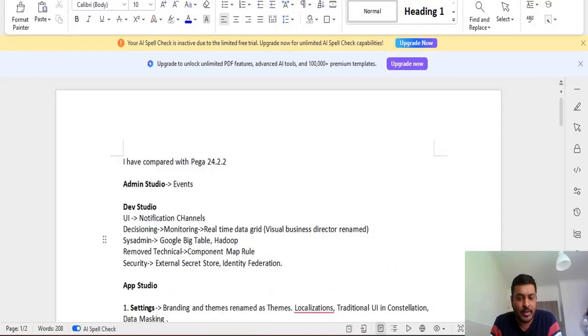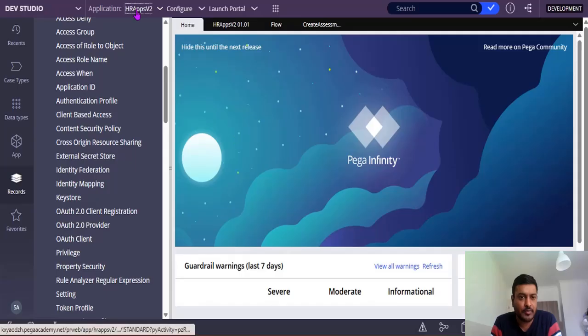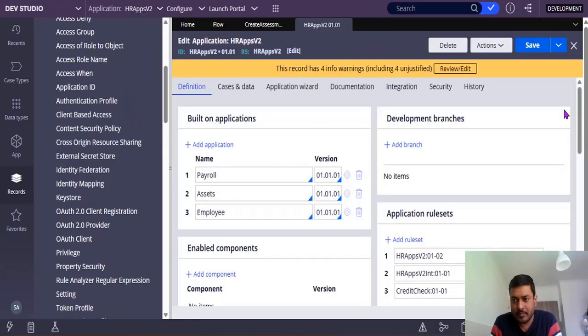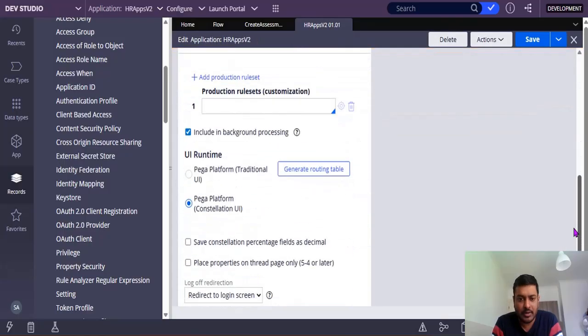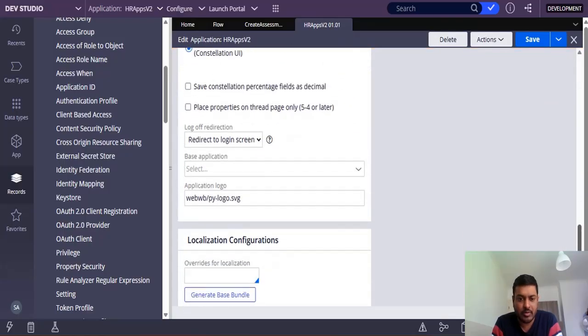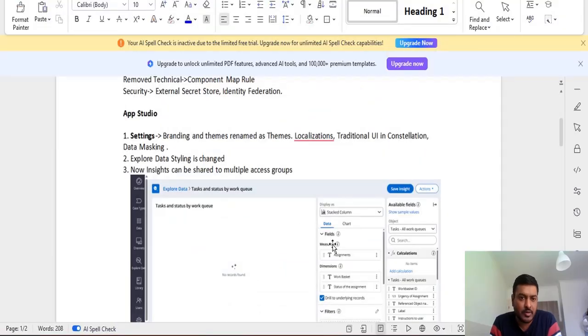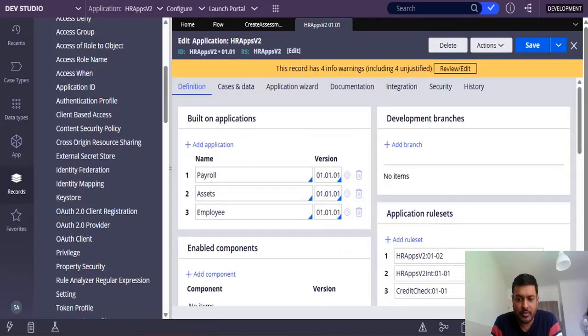And apart from it, if you go to application definition, here if you scroll down, you have localization configuration. This feature is also there from 25. And if you go to App Studio, which is the next one,